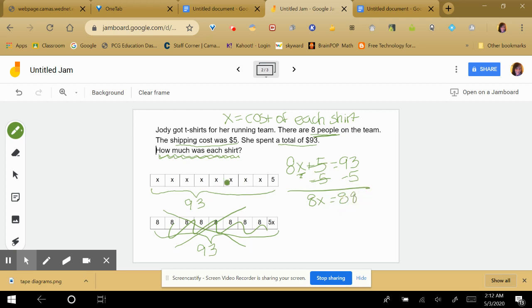Since the x is now multiplying by an 8, I want to get the x by itself, so I have to undo the multiplication. I have to do the inverse, which is dividing by 8. And whatever I do to one side, I have to do to the other. So I have x equals